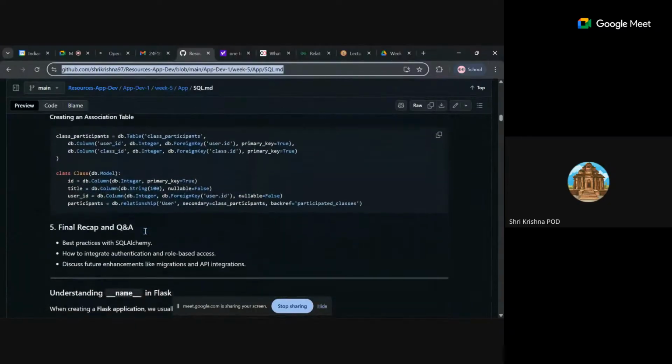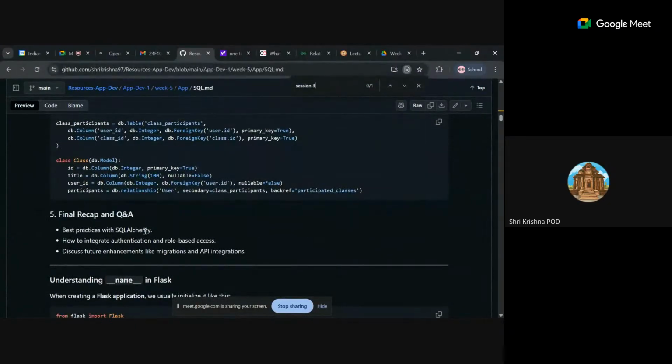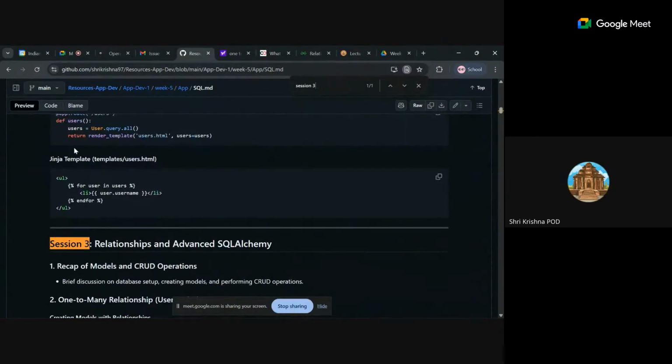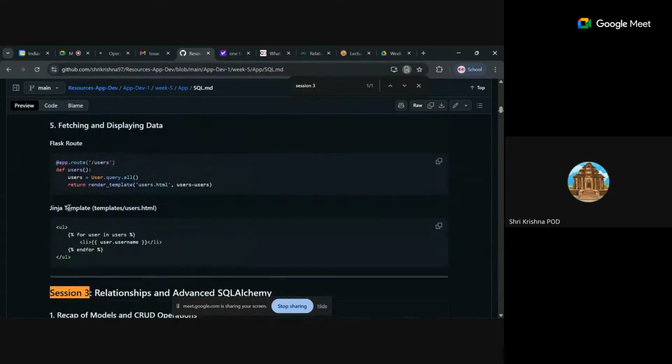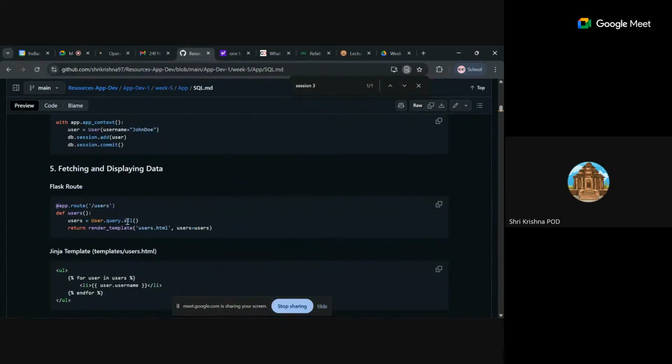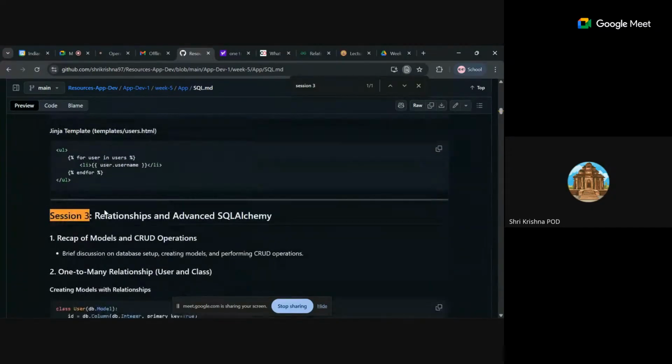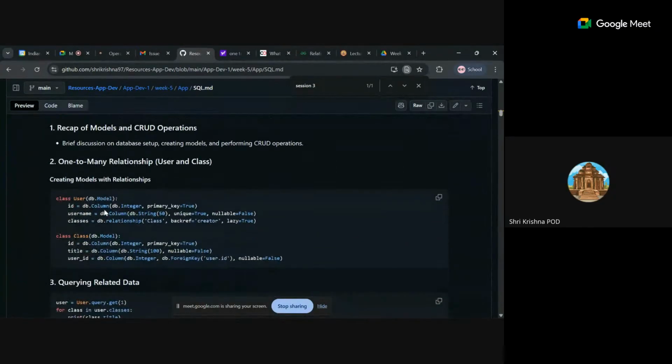So I'll just search. We have covered till this point. I have not covered Jinja completely, but you can read about it. I believe you have already read it. Till this point we have covered query.all, you know about that, and you have to add these things. Okay. Now,